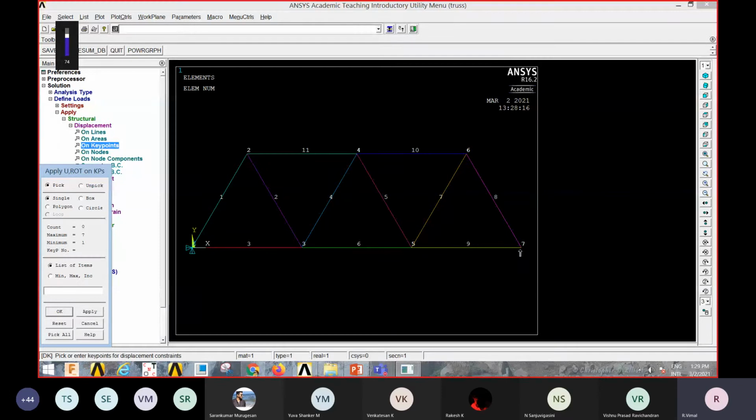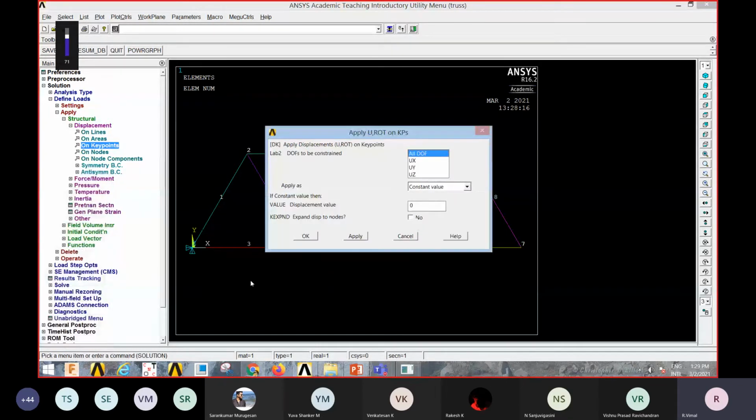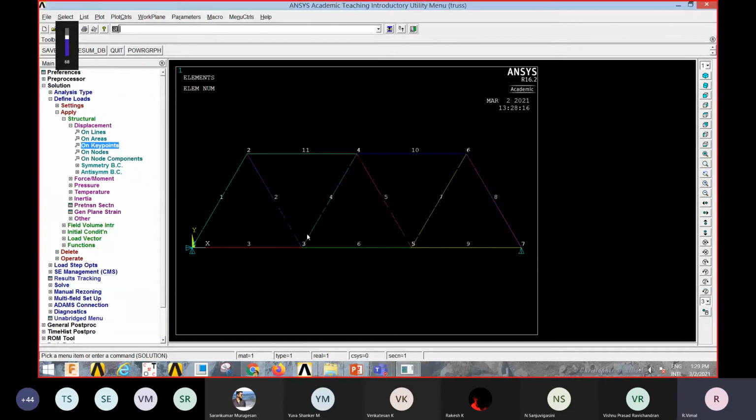Now again, I select point number 7 and click OK in this dialog box. For this, we are not arresting all directions, only the Y direction. So you have to check only UY and ensure that all degrees of freedom is not selected; it should not be highlighted. Only UY should be highlighted because we are locking only the Y direction. Click OK. You can see point 7 is locked in the Y direction alone. This is the boundary condition we are setting as per the question.